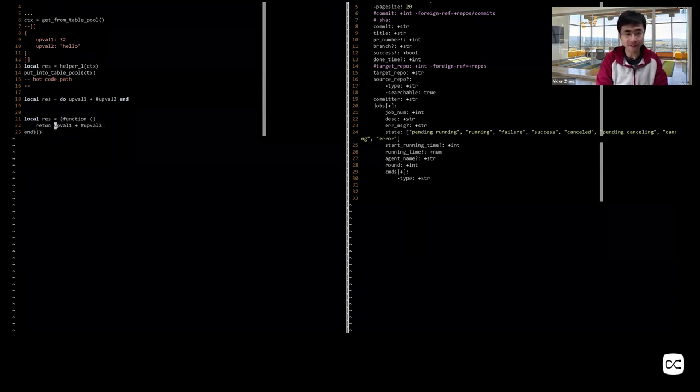You have to create 2 GC objects for these 2 upvalues and another GC object for the closure, the anonymous function. So 3 GC objects in this example are created on the hot code path. But the good thing about this most naive way is that it's composable. All 3 ways are composable.